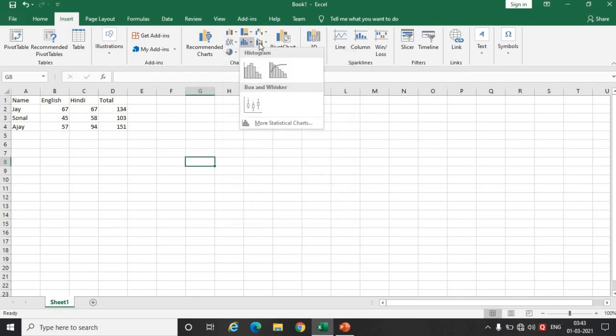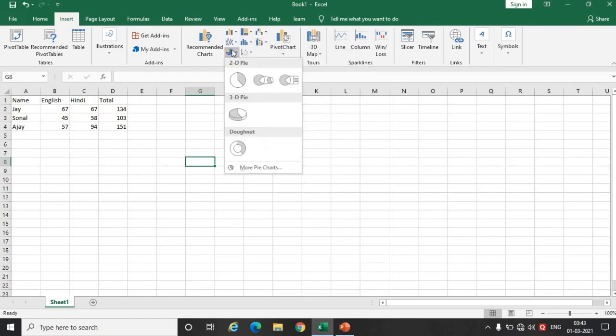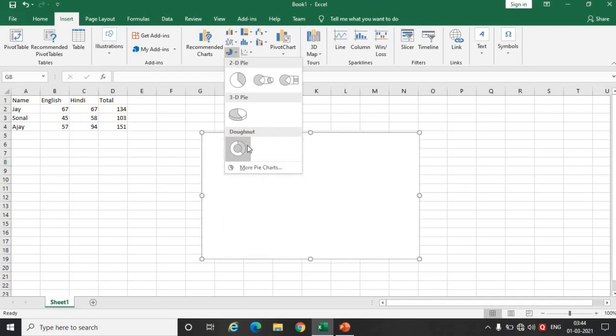Then the next one over here is not in your syllabus. The next one is a pie chart and a donut chart. The donut is not given, but I will explain the pie and donut as well. These pie charts are mostly used for distribution or taking the proportion of your data items, that is, which item has the most proportion, which is costlier, or the quantity you have to check. For that purpose these pie charts are used. Same is the use of a donut chart.